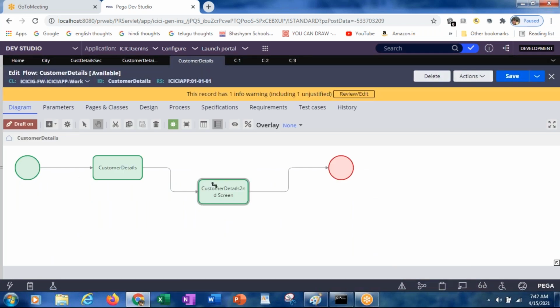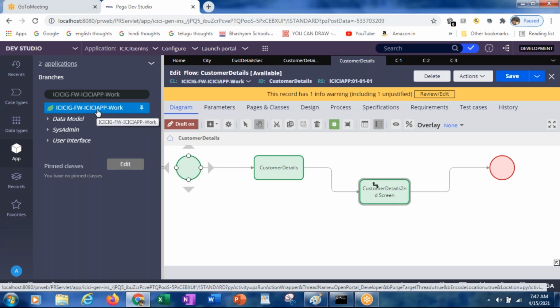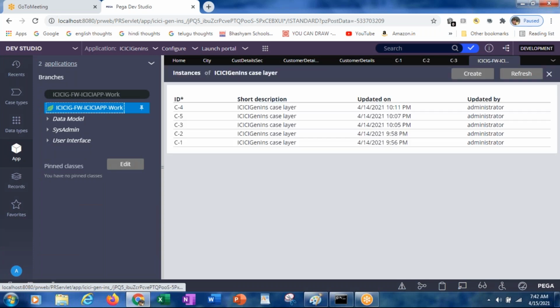You would be asking, in case I want to reopen that case or see that particular case, how can I see it? Generally, for this class we have created the case, the work object. So if you click on that class, it will display all the instances of that particular class.